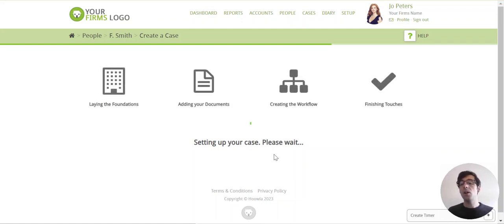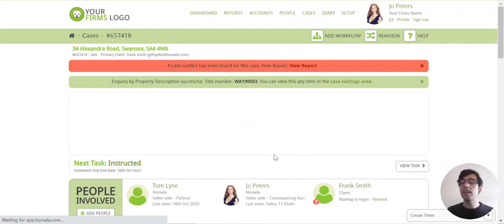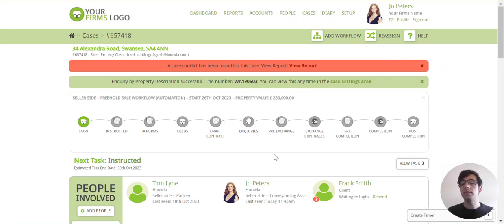So we've got the case open now, and you'll notice that Hoowla's cases are very visual to begin with. Don't worry, we have a date-ordered list, like you'd expect a case management system to have, of every single thing that's happened on a file, and you can search that and filter it. But to begin with, you have a visual representation of the case. You can see we brought that title number from before, and we've also got the conflict check report because of